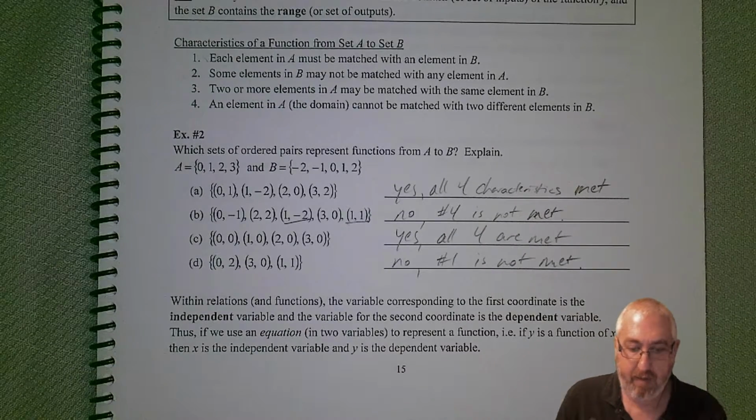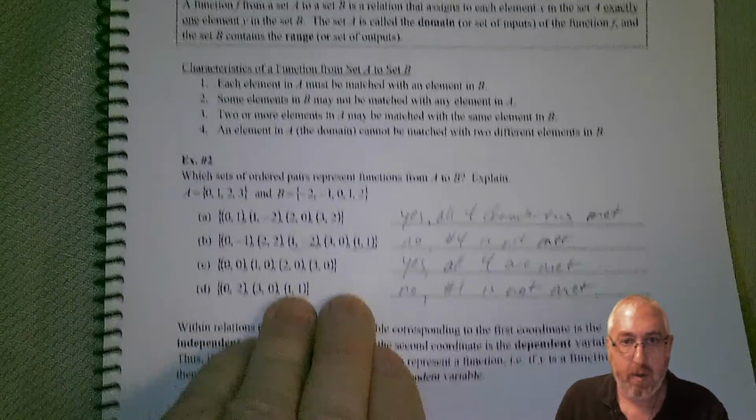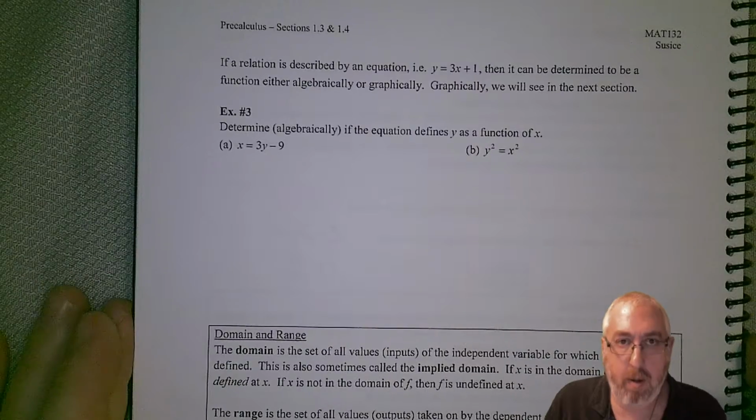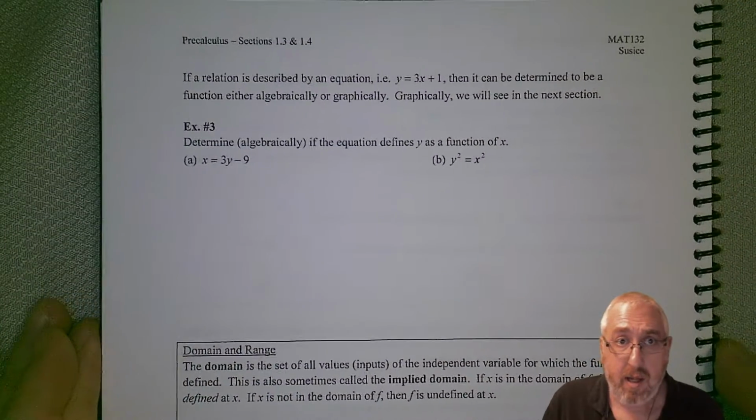That's the way you have to think of it. So let's take a look at the next page. And we'll tackle